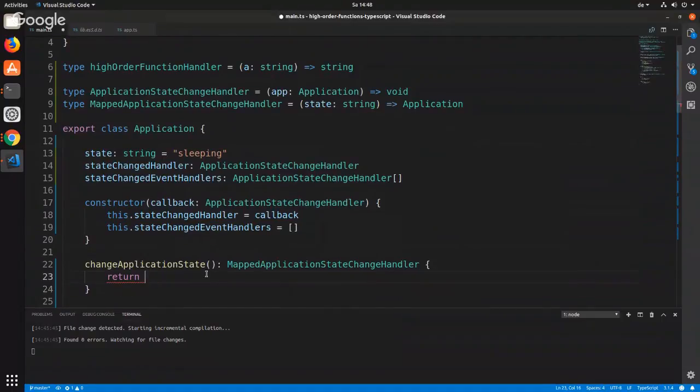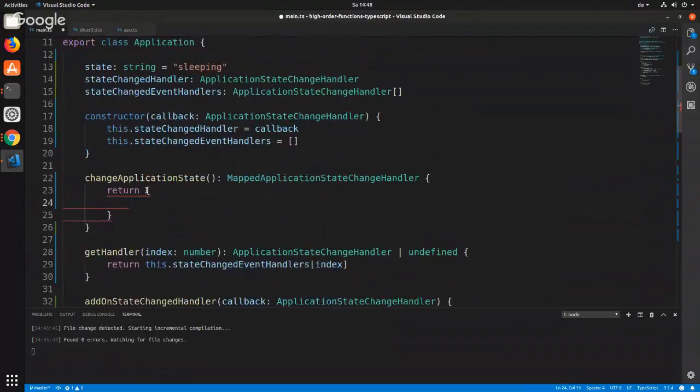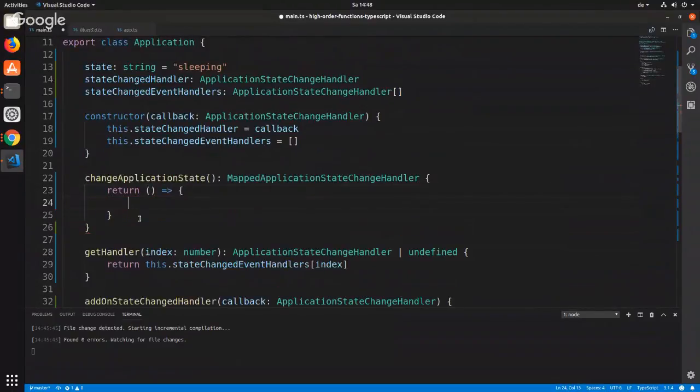And this needs to return a method, which was then s. And say this dot. So we can copy this. We can say